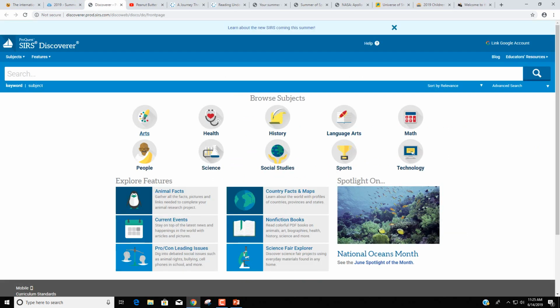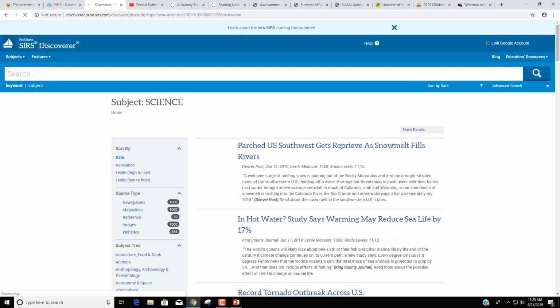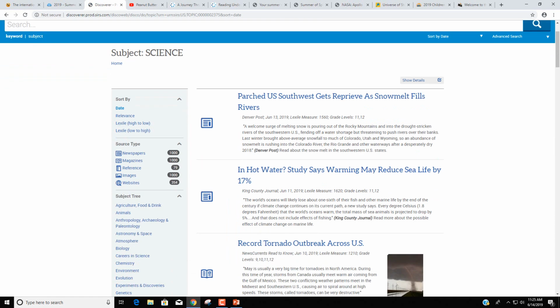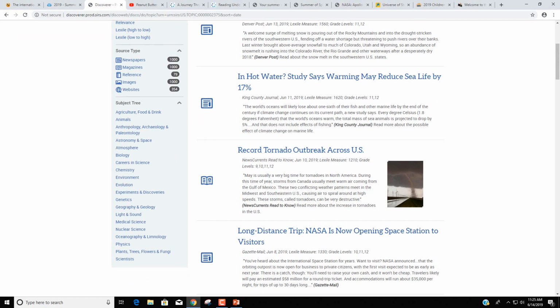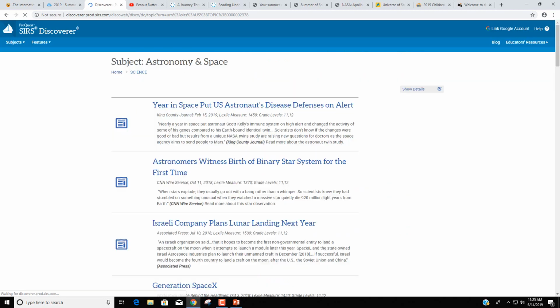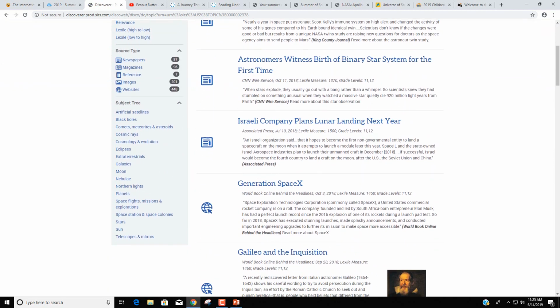And notice that they're by subject, so I'm going to select Science. And this wonderful subject tree on the left-hand side that helps kids narrow their search. So I'm going to select Astronomy and Space. And now I can narrow it even more on my subject tree by going to comets or black holes, extraterrestrials, telescopes and mirrors. If I click on, say, planets,